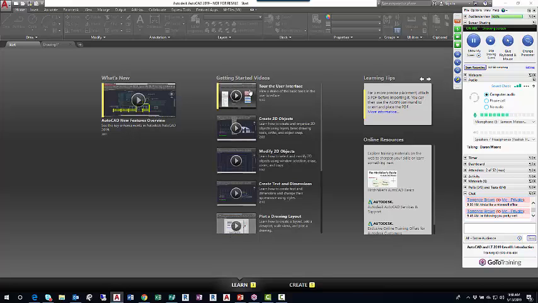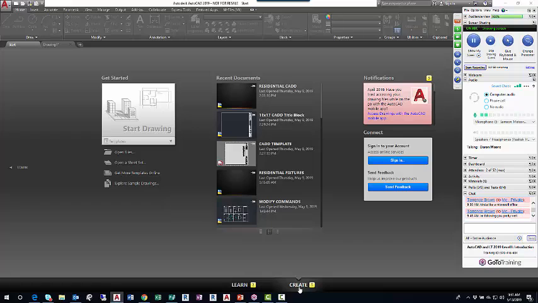And what we're doing right now is a tour of the interface. I could shut up and just press play on this thing, and you would receive it. That's funny, because the video is queued up to look at the Start tab right now. So if you see videos, you see what's new, you're on the Learn portion of the Start tab. If I click Create, that puts me where I can start drawing, from existing drawings, recent documents, or